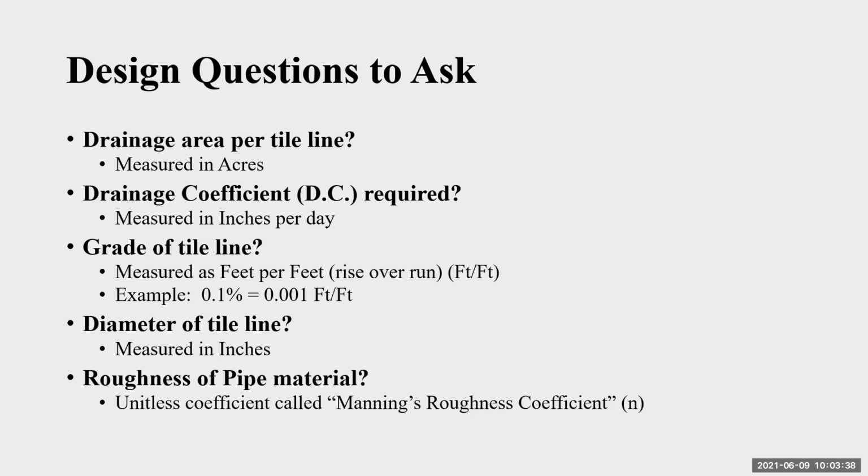The third one is the grade of the pipe main. This is measured in feet per feet, but oftentimes when you're in the field and you're talking with a contractor, they'll say, well, that pipe's on a 10th grade or 2/10 grade. And what that means is a 10th grade is simply 0.1%. And a simple conversion, if you do the equations to calculate the capacity of a pipe, is you just take that 0.1% and you divide it by 100.